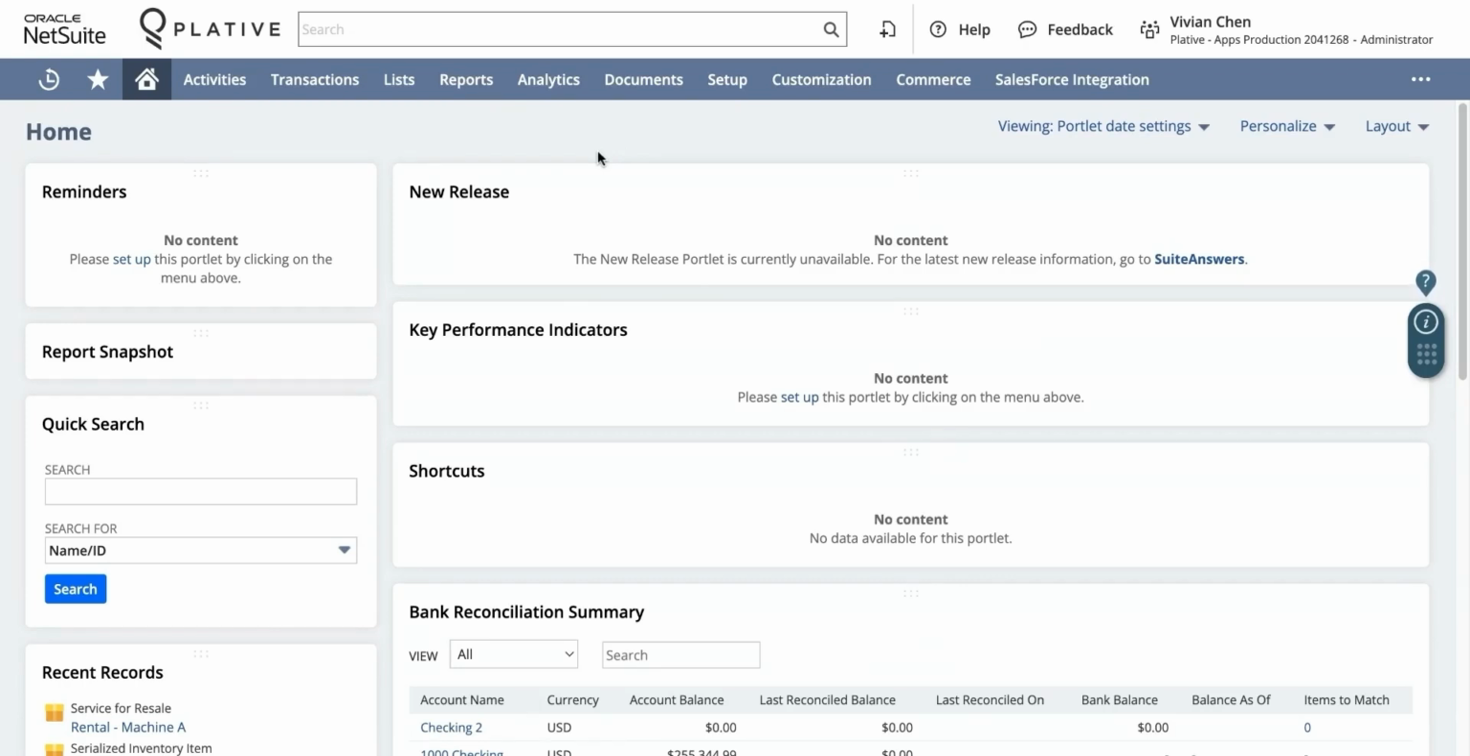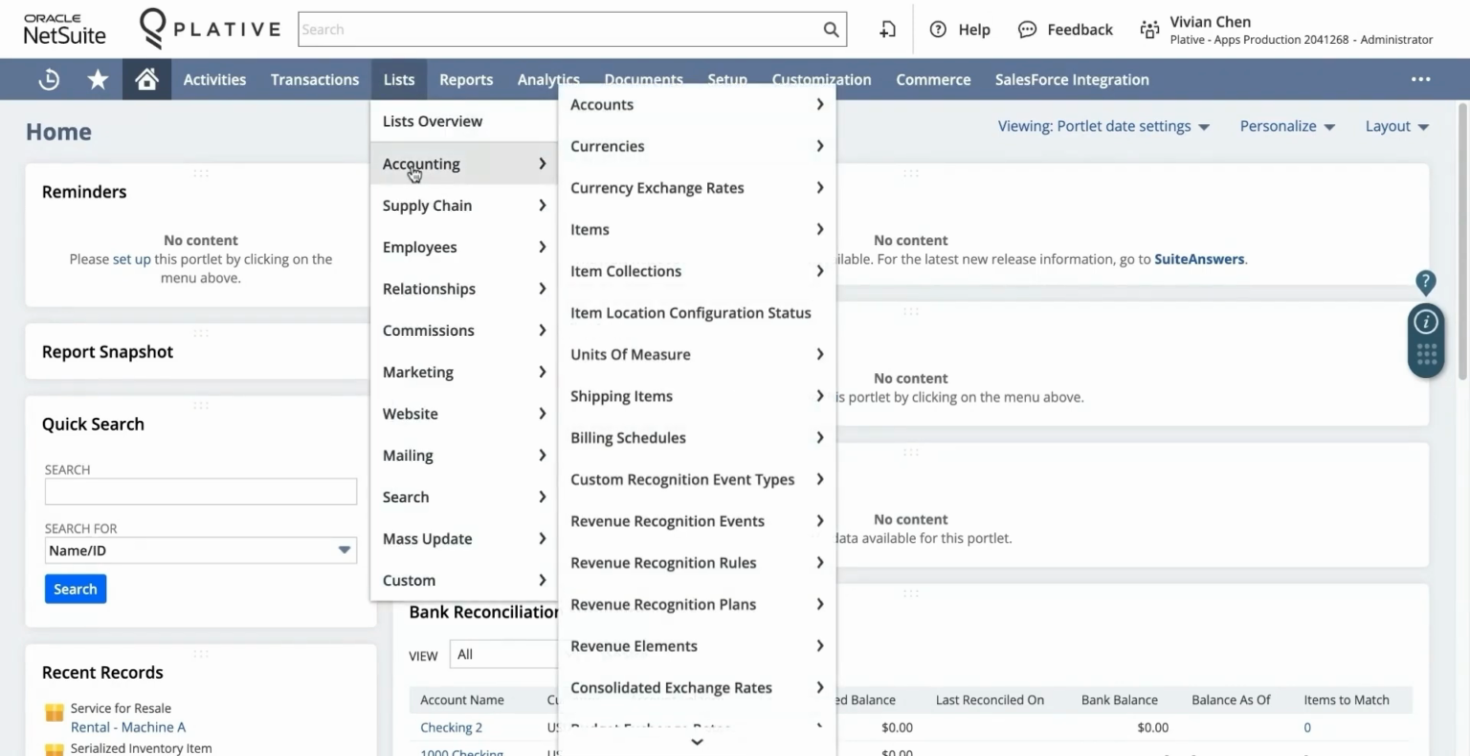Today, I'm going to demonstrate our internal rental IP. I will demo the end-to-end process from creating an item, purchasing it, adding stock to it, renting it out, and finally invoicing it. So the first thing we're going to do is go to List, Accounting, Items, and New to